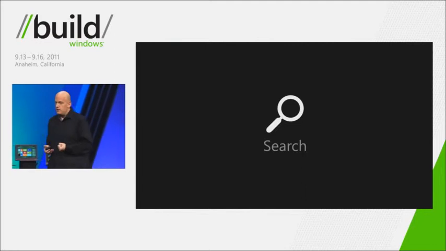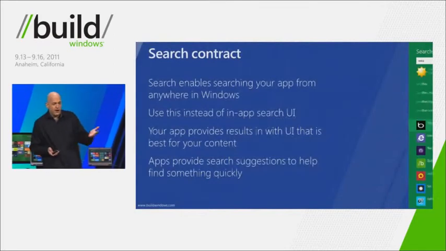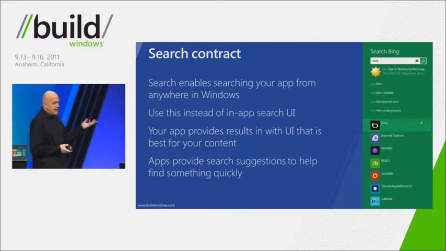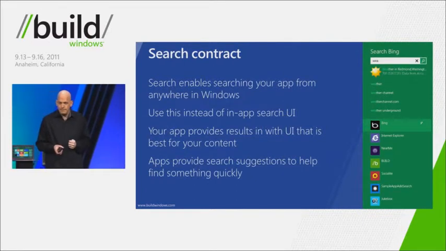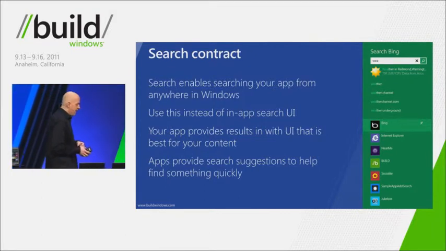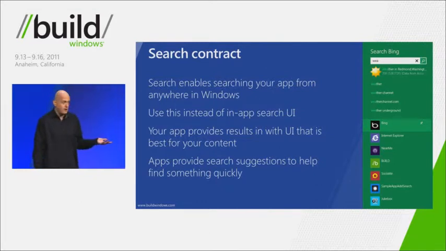The next one I want to talk about is also a charm, the search charm. And the search contract really is powerful because it allows you to search from anywhere in Windows within your app. This is what you use instead of in-app search UI. Every app today, this is another place where we looked around and saw that every app is doing their own thing. They all have a search box and a button, and many times similar semantics about how you go about